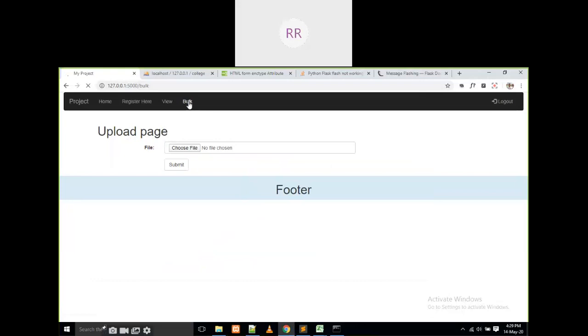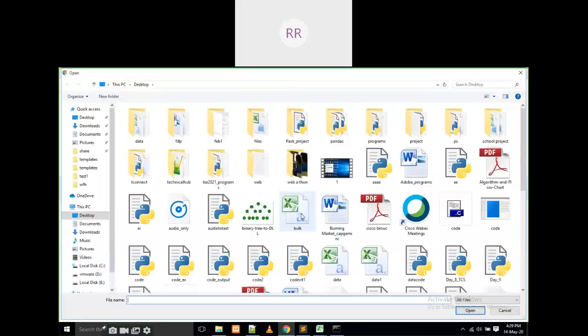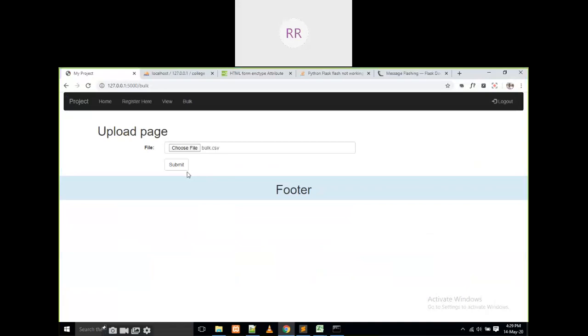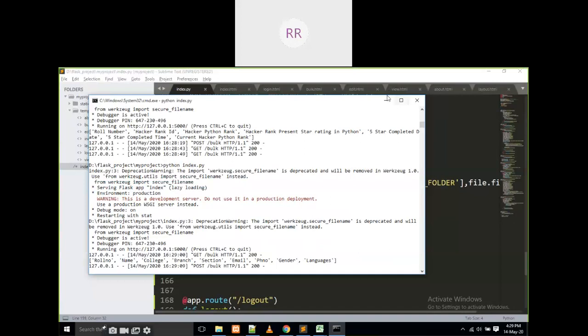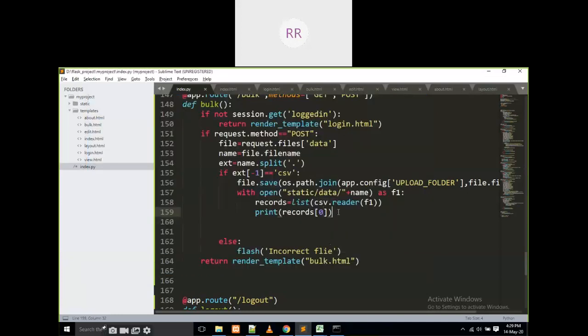Now, I am going to work on this file. How to work it? It is going to print the first line. If you observe here, this is the first line. I am going to skip that line, and apart from that, I am going to insert into the database.